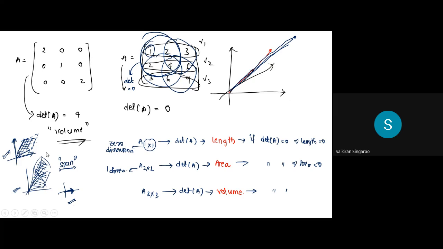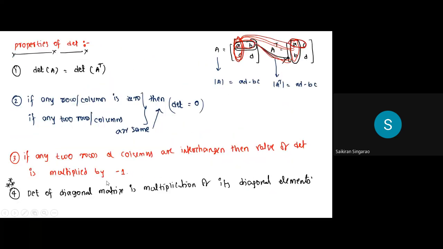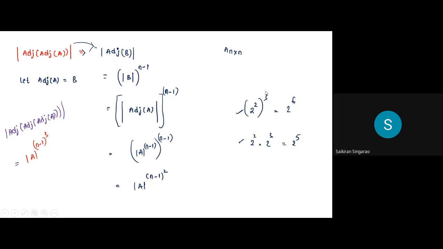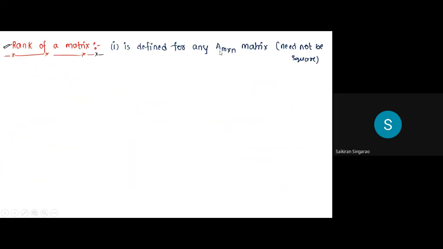But generally, not all matrices are of square order. They are not all 1 cross 1, 2 cross 2, or n cross n. The matrix can also be of non-square order. So when I say non-square, what you'll get? M cross n matrix. So for that, we will make use of rank. In fact, to find rank also, I will take help of the determinant method only, right? So see, rank of a matrix is defined for any matrix. It need not be square. That means it could be 2 cross 3, 3 cross 2, 4 cross 3, 4 cross 4. It could be anything. It could be square, it could be non-square. It doesn't matter, right?